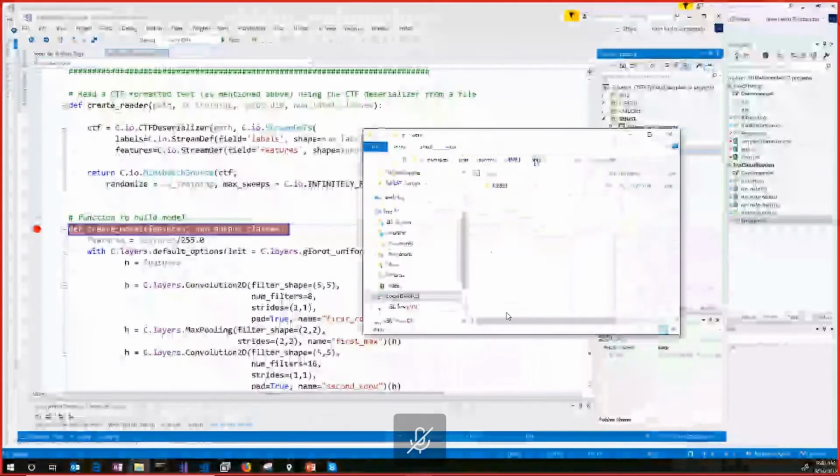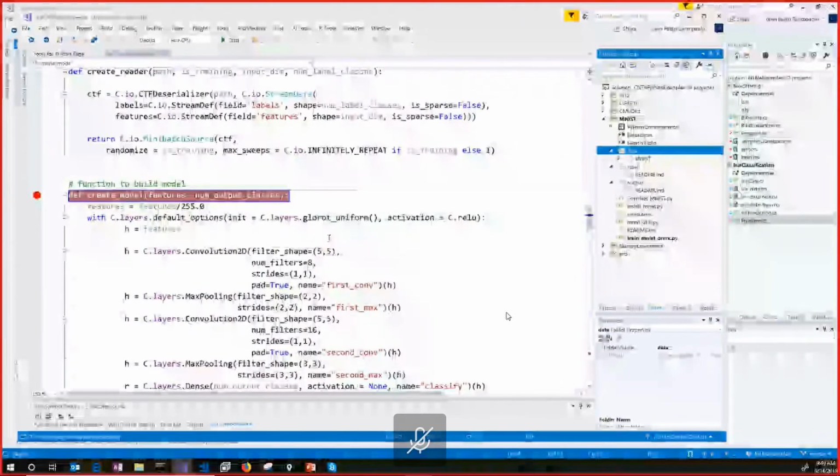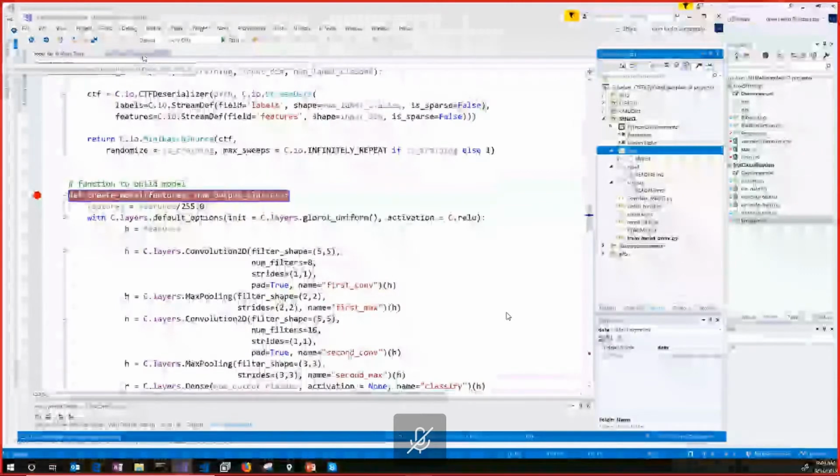Okay, let's do it like this. Now I cannot find the source on my laptop, but you can go online, and also in the list of resources I will give you, there is the link for the sample.